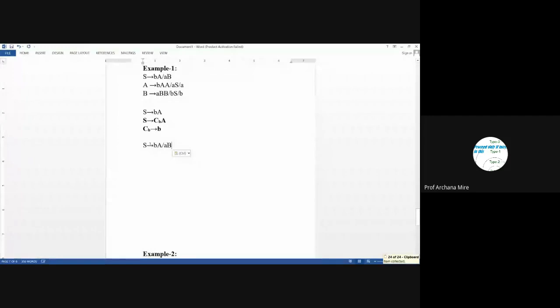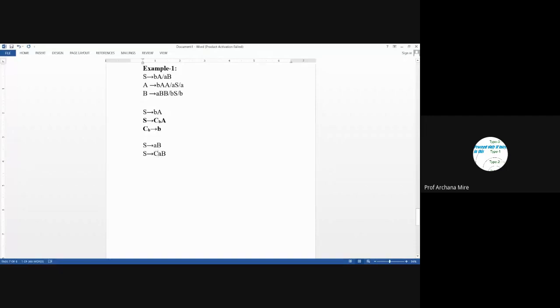Now let's take the next production rule. The next production rule is S leads to AB. Once again, the length of the production is 2, and we need to replace this terminal symbol A with the corresponding non-terminal CA.